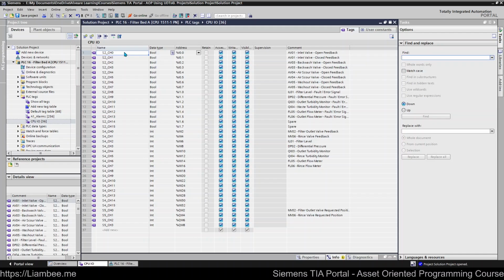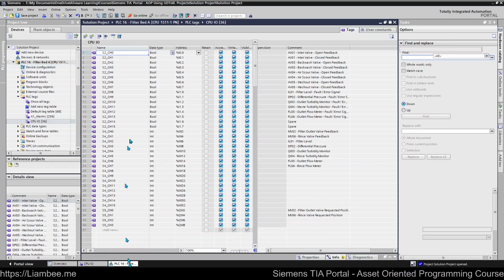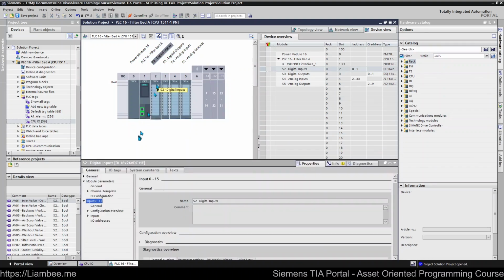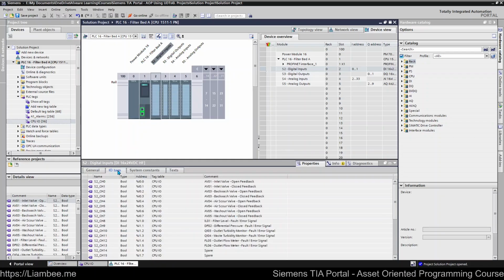What's much more important is where this information is either coming from or going to. And that's what this naming convention gives you quite well. So S2 channel 0, this will be slot 2 channel 0. And if you look at your device configuration, which I have open here, that tells us slot 2 channel 0. And if we look at the properties for this and click IO tags, we can see slot 2 channel 0 is mapped to the address